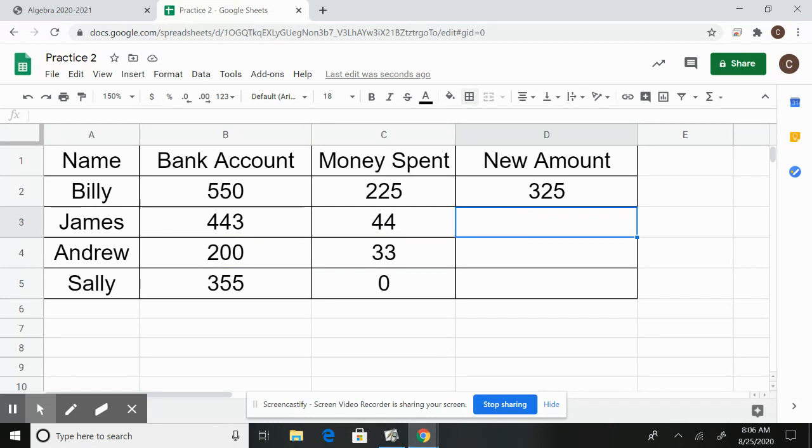But what we want to do, especially if we're a bank and we have 1,000 customers, we don't want to have to enter the formula 1,000 times. We want to fill that formula down throughout the whole thing. So we'll come into this cell right here. You'll notice that it has this little marking right there. You click on it and then drag down, and it fills the formula in for